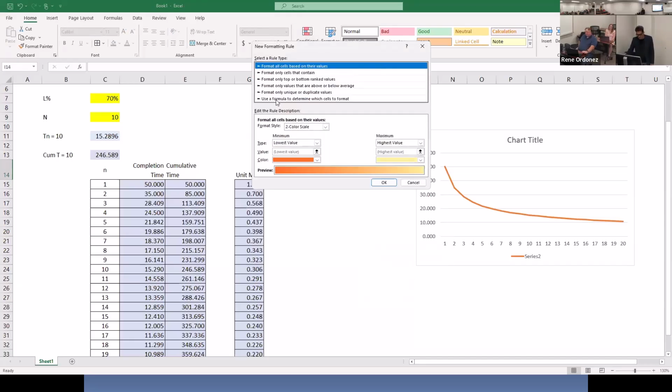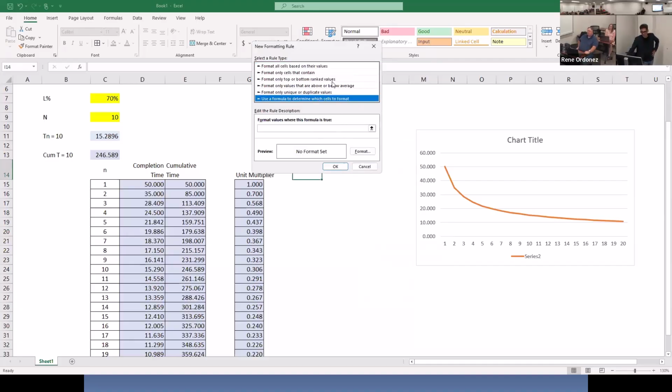Under the new rule, we will use a formula to determine which cells to format. I want to format this cell, E15. The default in Excel is that E15 is fixed with a $ sign. Let's remove that because I want to be able to copy the format of that cell all over the column. In other words, I want that cell to change relatively. So I'm going to remove the $ signs. I just have E15 equal to that